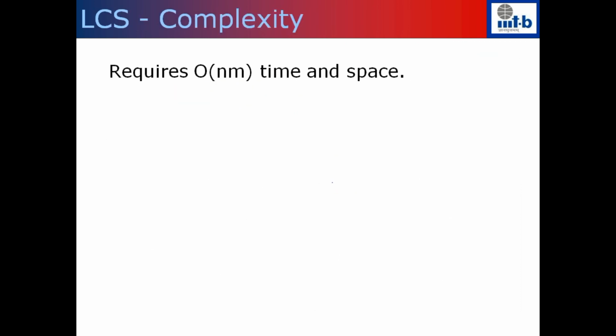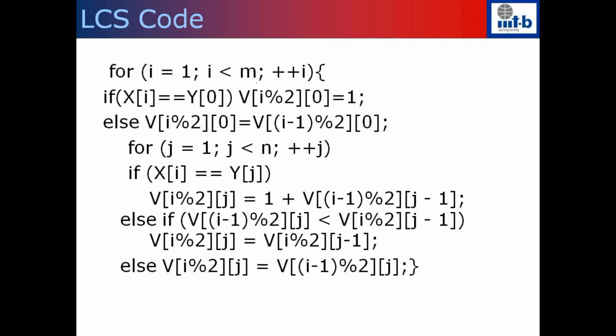So the algorithm after initializing will look like this. This is the initialization. The first entry is checked by seeing whether x of i is equal to y of 0, the first character, whether it is the same. If it is the same, then v of i percentile 2, which is what I am trying to compute, the first entry will be 1. If this is not the case, then whatever is the old value, that is the above value. If above was 1, it will return as 1. Otherwise, if it is 0, it will return as 0.